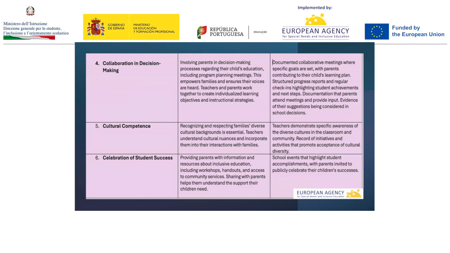Just for example, let's look at decision making, number 4. Involving parents in decision making processes regarding their child's education, including program planning meetings. This empowers families and ensures their voices are heard. Teachers and parents work together to create individualized learning objectives and instructional strategies. And on the look fors, they're documented collaborative meetings, clearly individual goals set, structured progress reports,